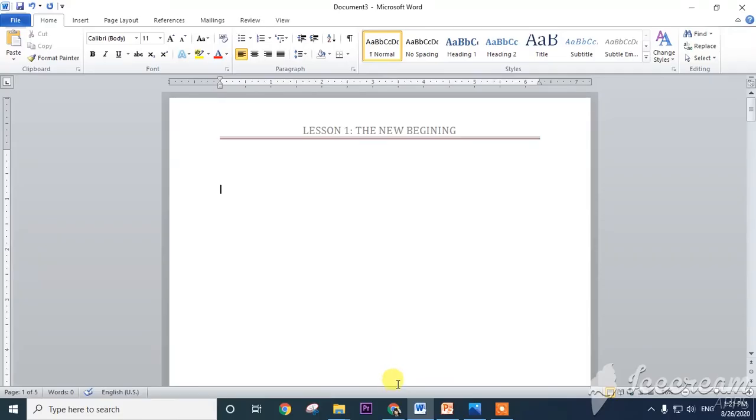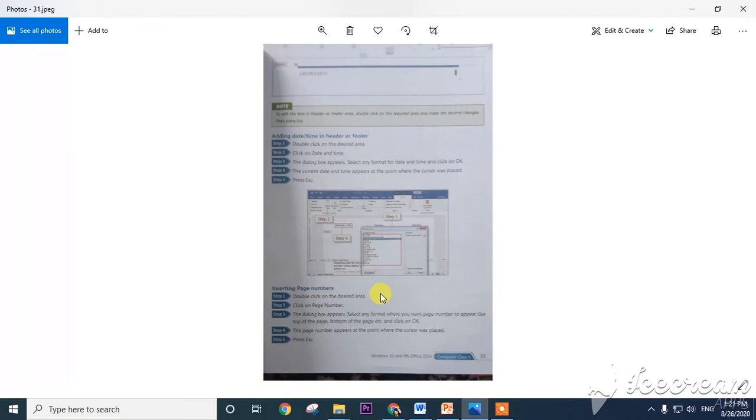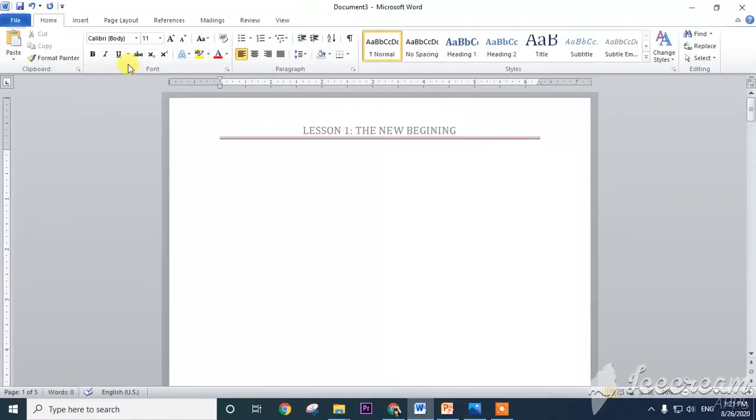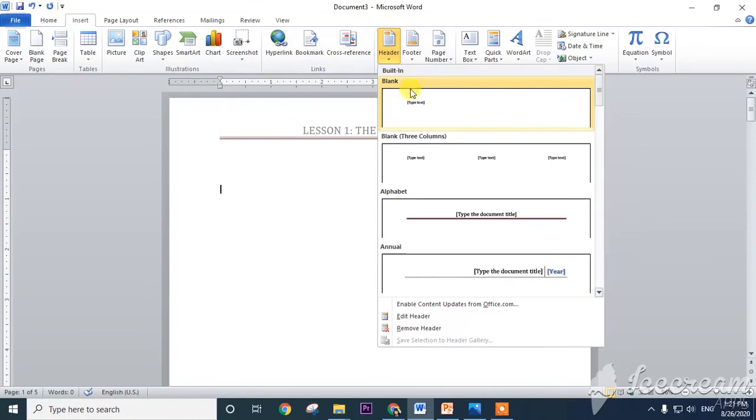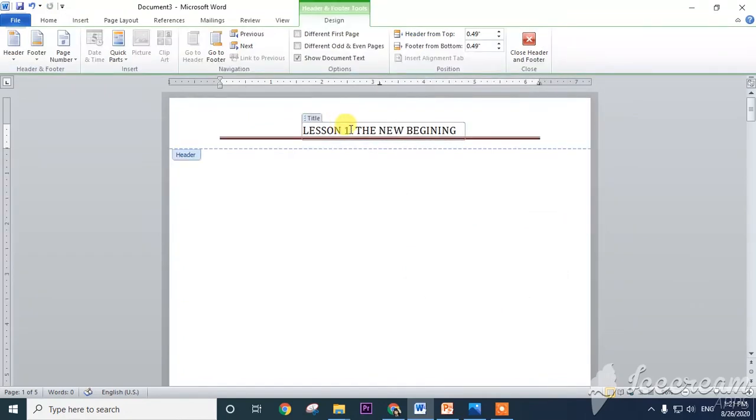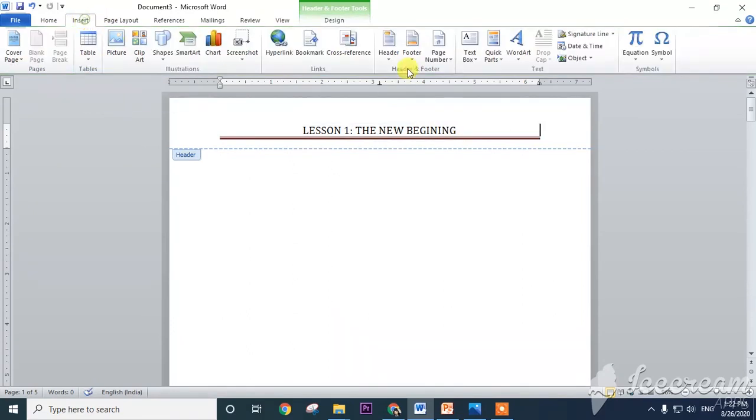Now let us see how to add date and time in the header and footer. Later on we will see inserting page numbers also. Open Word, click on Insert and click on the Header and Footer section. Again here, now there is a Date and Time option, or else insert header and footer.